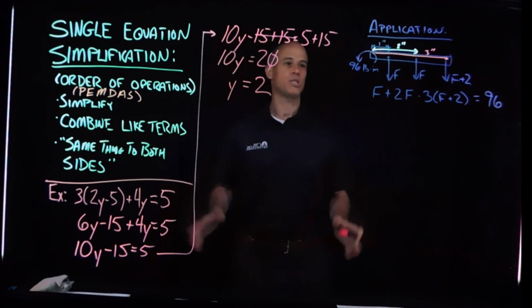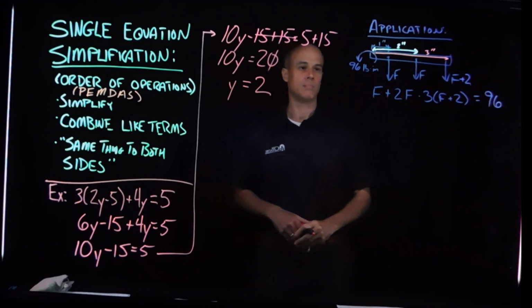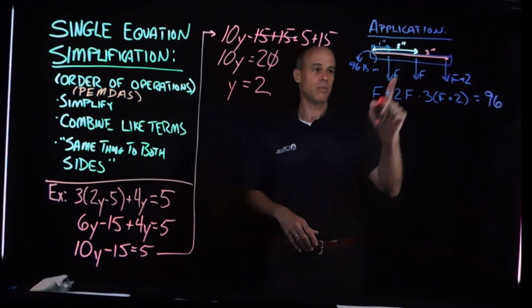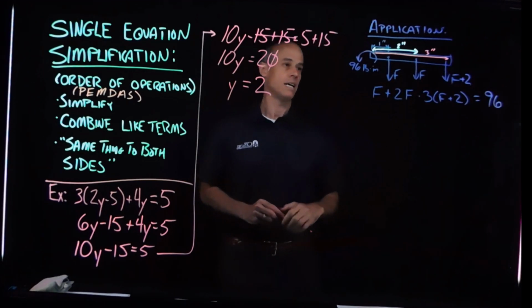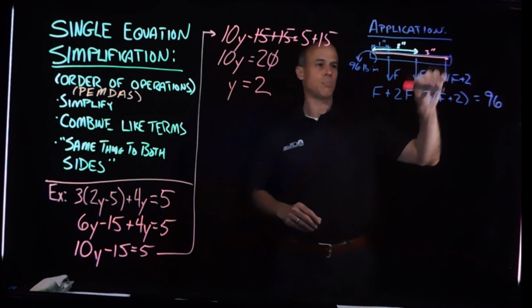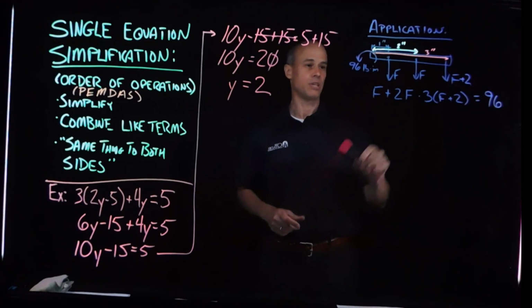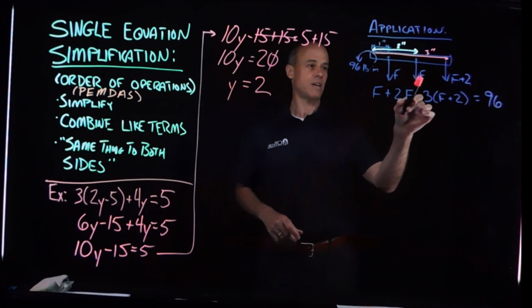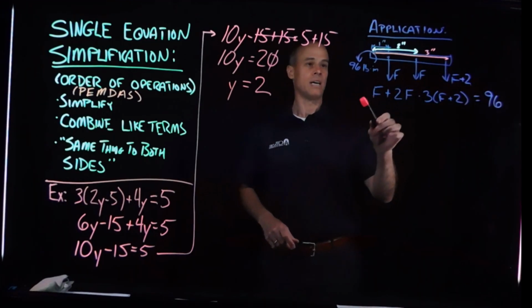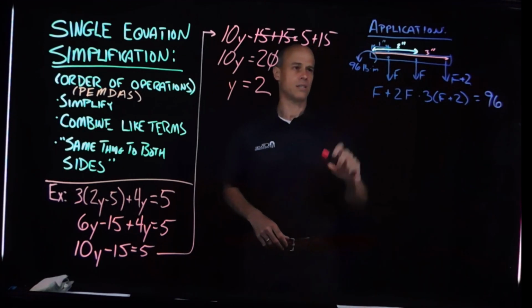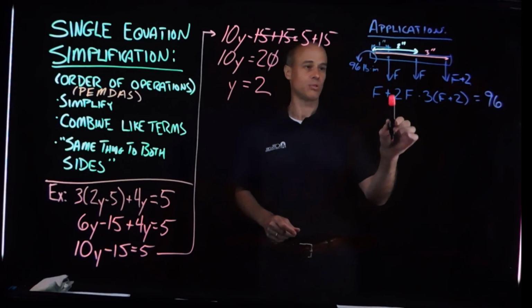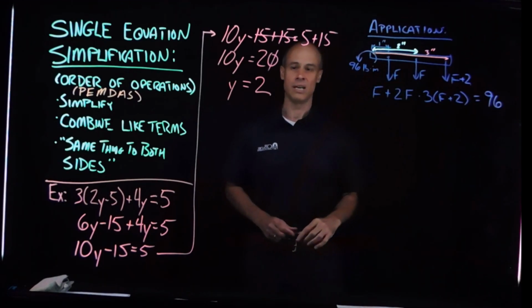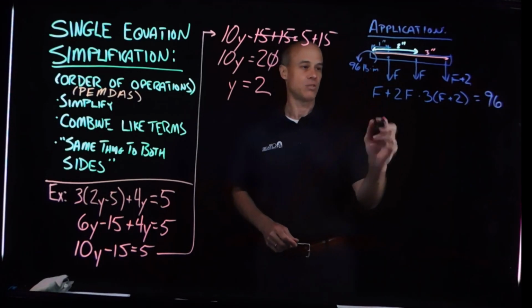So now let's take the same principles and let's look at a simple engineering problem here where we have a machine component and we have forces applied to it, and you can see here that we have 3 forces, F, 2F, and 3 times (F plus 2), and each of those is wanting to cause that element to rotate. It's putting a moment on it, which is equal to the force times the distance. And so we have that equation written out